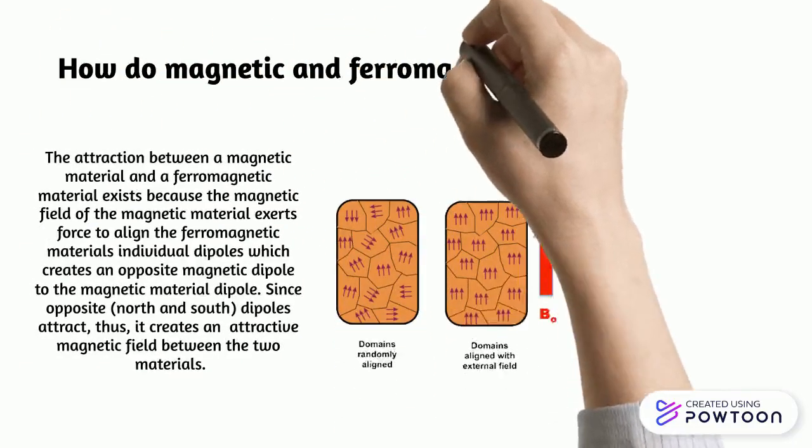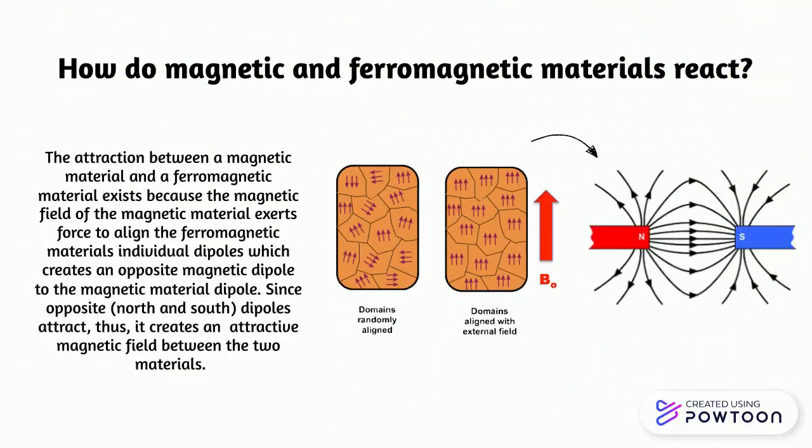How do magnetic and ferromagnetic materials react? The attraction between a magnetic material and a ferromagnetic material exists because the magnetic material exerts a force to align the ferromagnetic material's individual dipoles, which creates an opposite magnetic dipole in the ferromagnetic material, which attracts to the initial